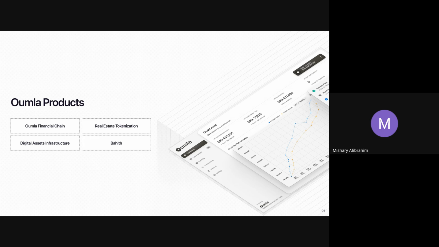Because Bahith here will be the way to interact with the blockchain and view everything from transactions on different blockchain networks such as Ethereum or even Bitcoin. Also, whenever we add a new financial chain, let's say a chain between banks, this will also be available in Bahith for governmental viewers to see and have full visibility on the blockchain.